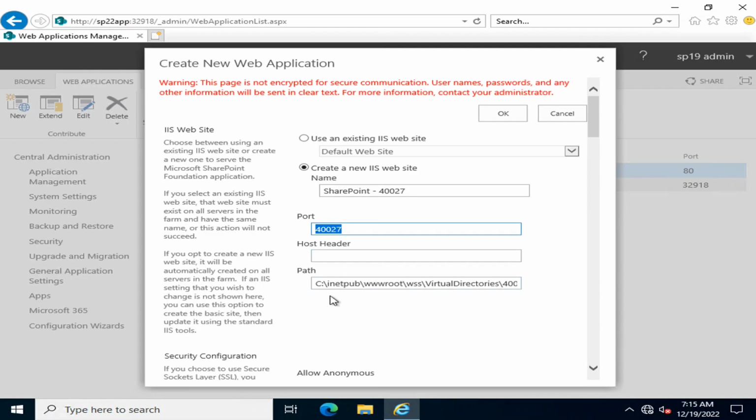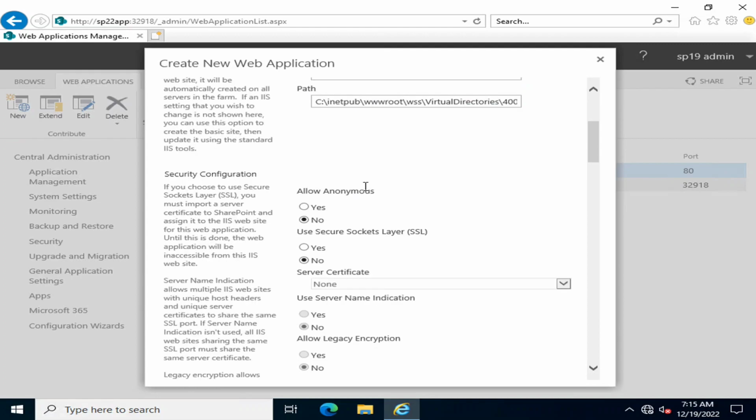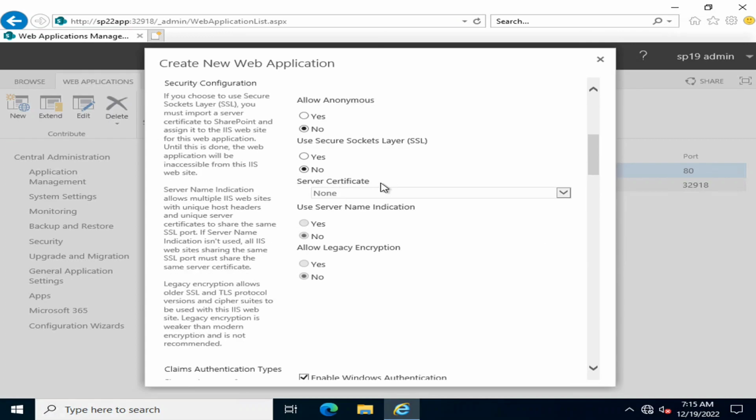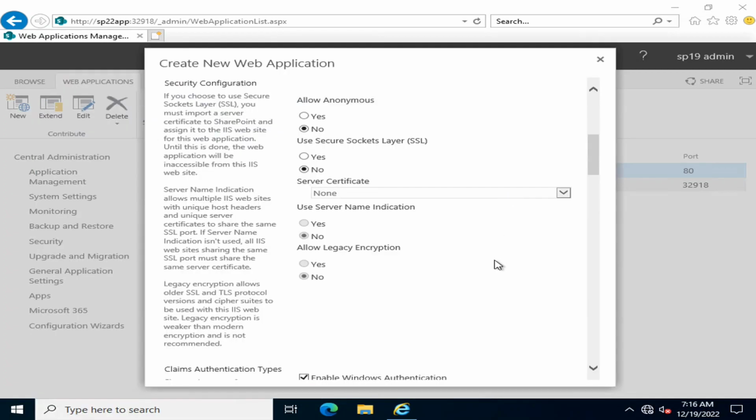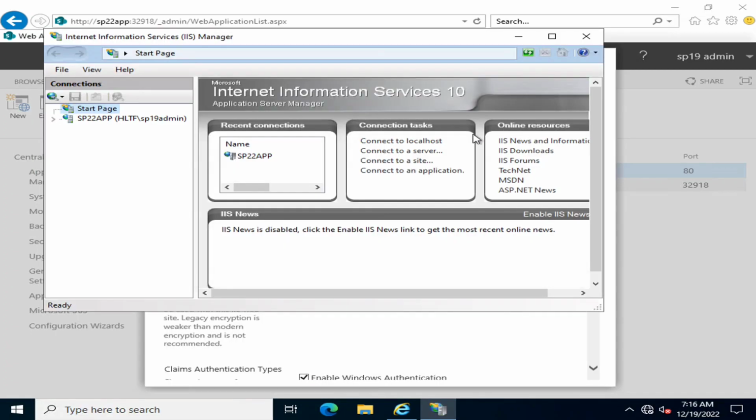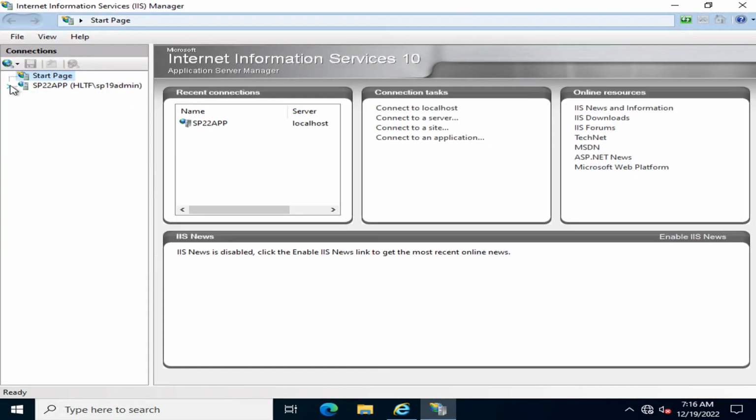Similarly, you have a host header. The path for the deployment of a new IIS website is here. You can define the secure socket layer, you can define the allow anonymous layers, you can define the server certificate here. Till SharePoint 2019, this was not available here. You had to do it manually by going into the IIS website, IIS Manager, and then deploying it here in the